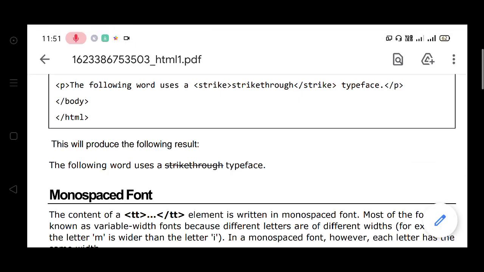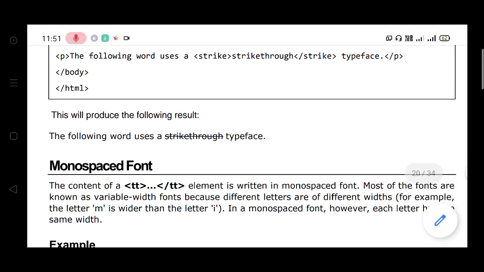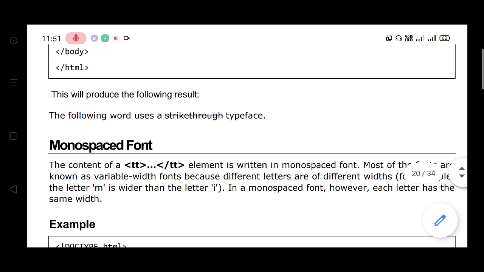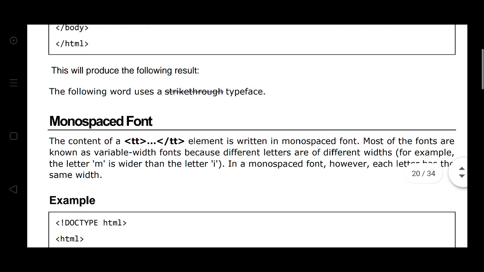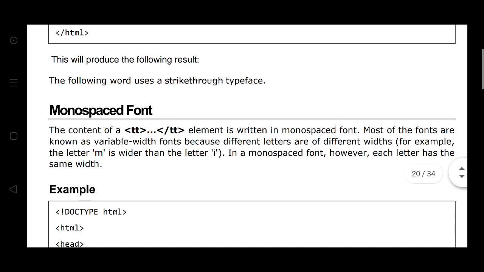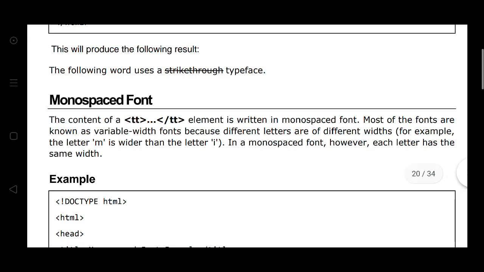Then monospaced font. Here the content of TT elements is written in monospaced font. Most fonts are known as variable-width fonts because different letters have different widths.